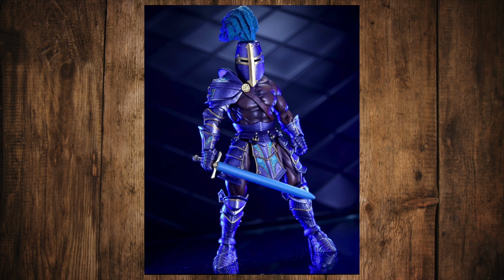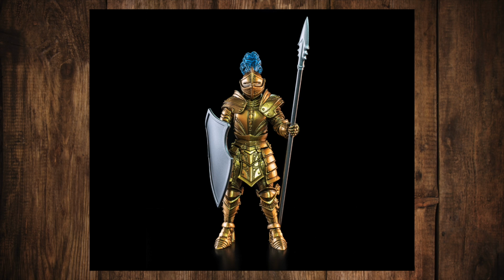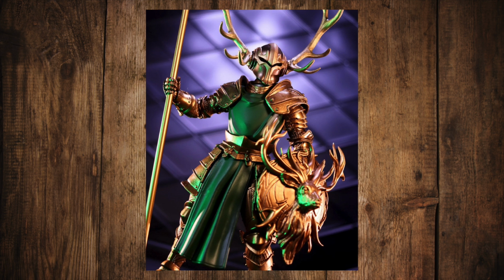without any permanent modification. Let's say you have a green knight with silver armor, but you'd rather have that armor be gold. You could, with relative ease, swap out those silver parts on the Xylernian guard for the gold parts from the gold knight, for example. In fact, some figures come with extra parts and you can get right into popping and swapping with just a single figure. A few figures come with an extra torso, some with extra arms, and many of them have extra